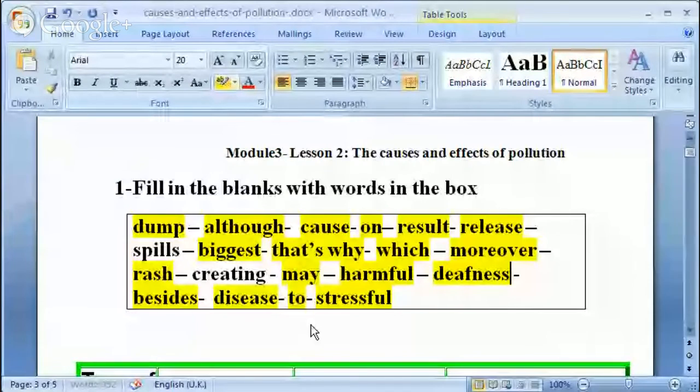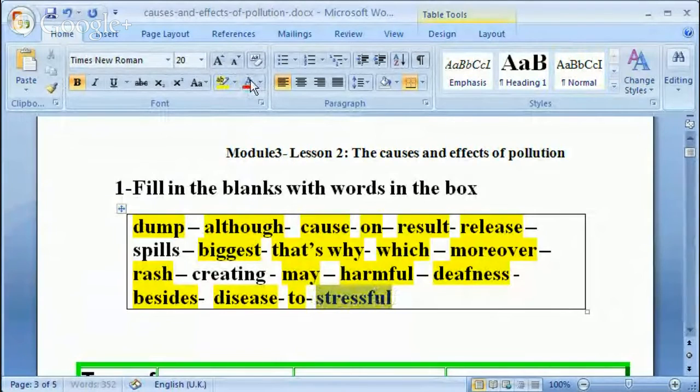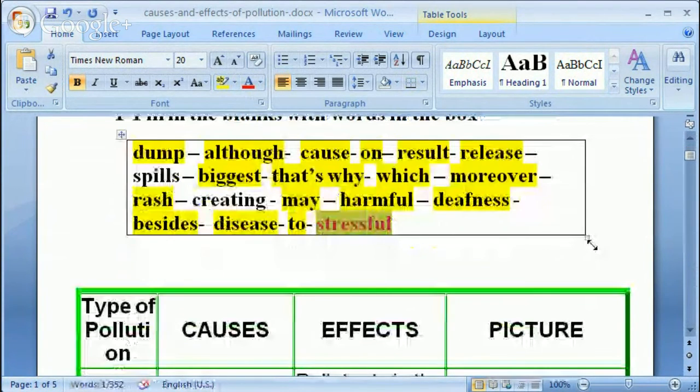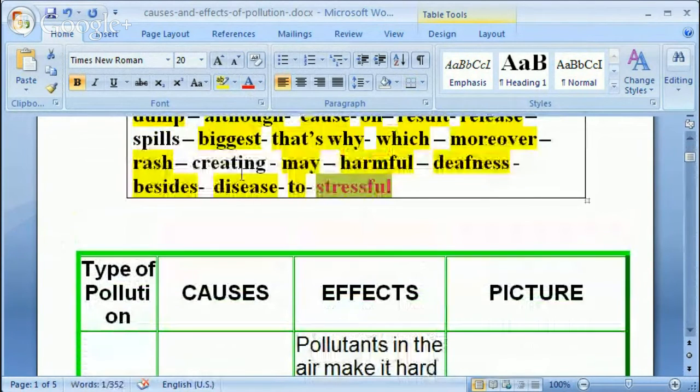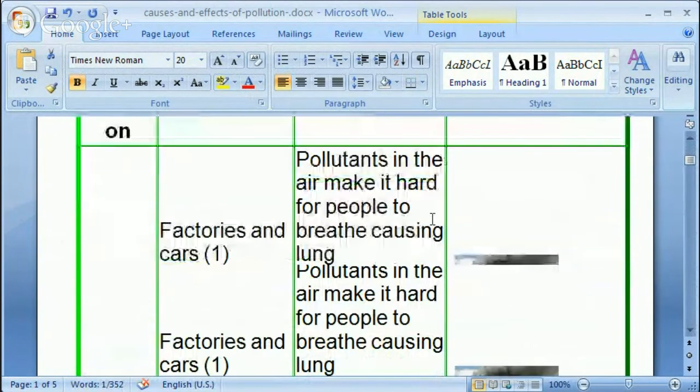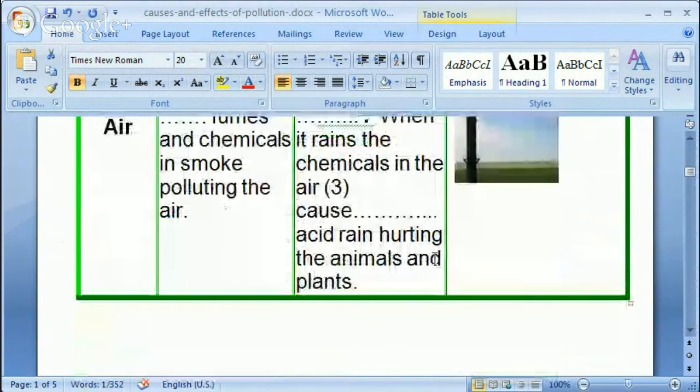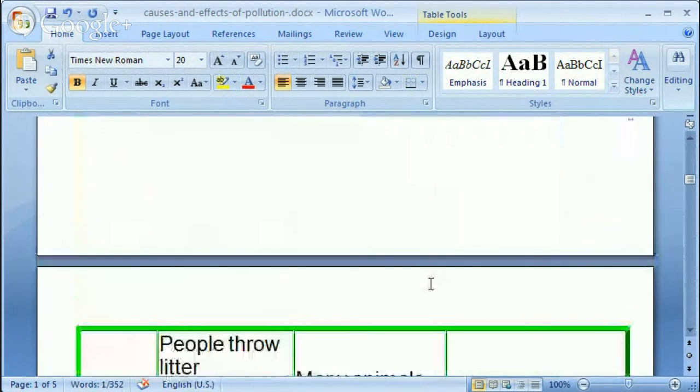We can get rid of that. And a little problem here because we have stressful used twice. We did not use creating or spills. Did we miss a blank? There seems to be one extra word. There's only... No? Okay. Let's see if we can figure it out. Let's look at the problem